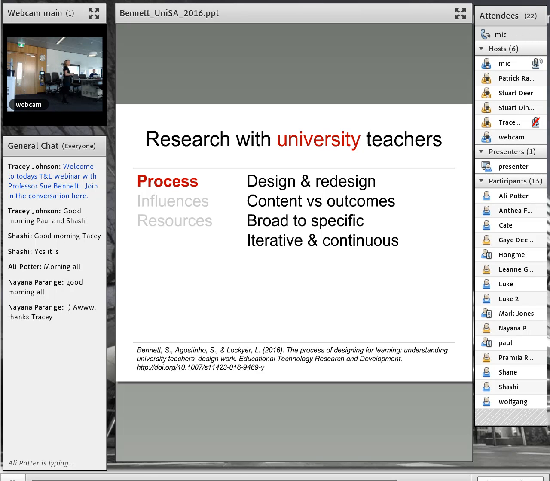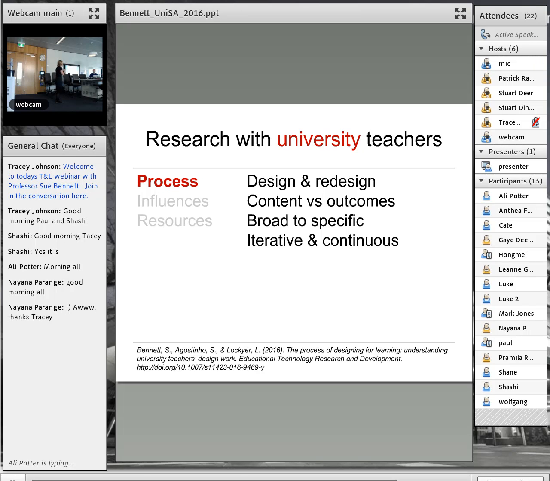The way that most people work is they go from broad to specific. They start off with a broad skeleton or outline or framework for their unit, and then they move down to designing specific things. Often that means they defer the design for some things. They might only design the first 6 weeks of tutorials, but they know what they're doing and they'll design it as it goes along. But they've got the overarching structure.